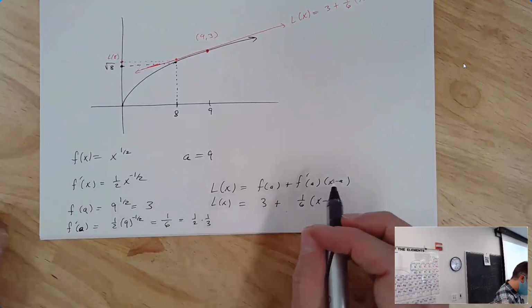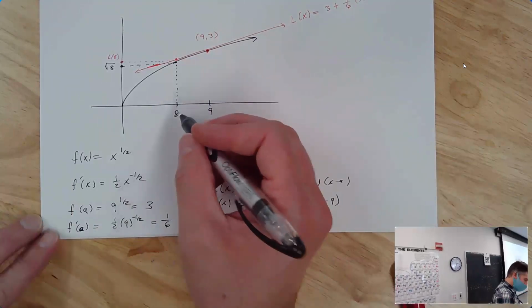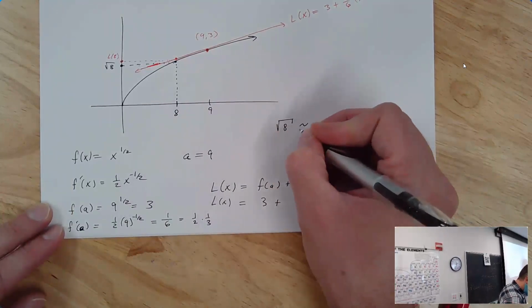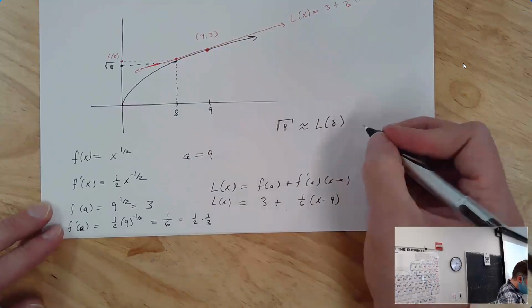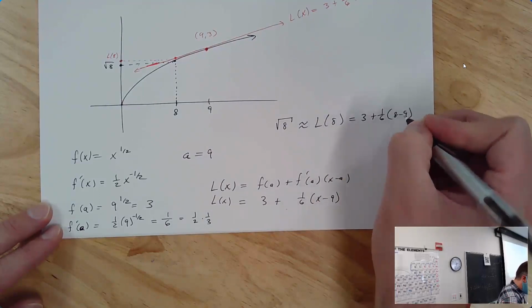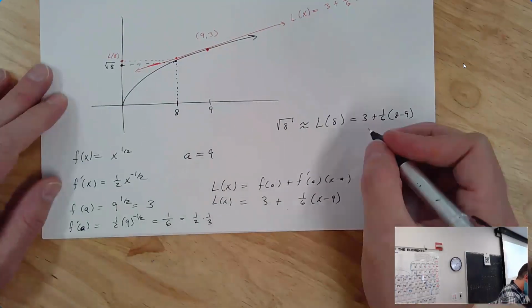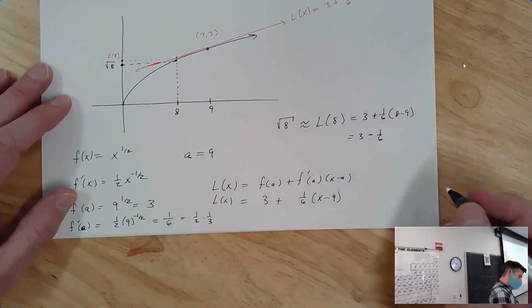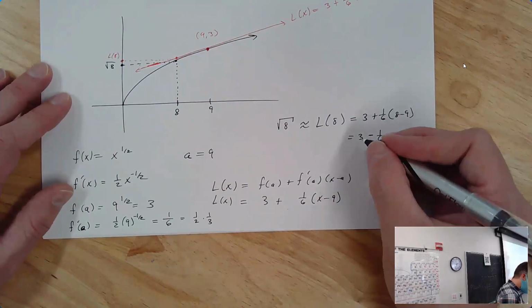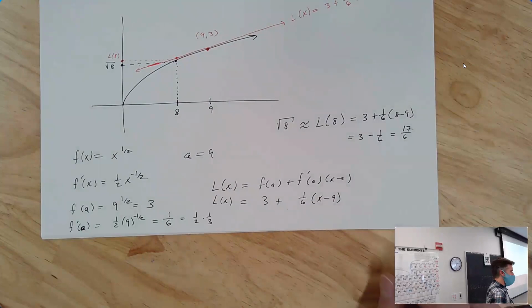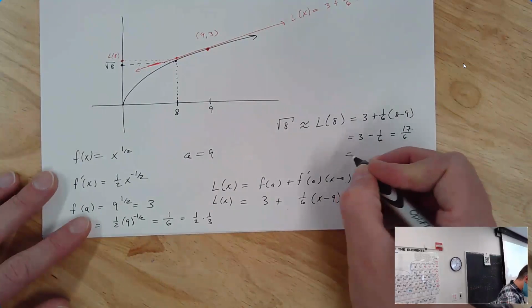Thank you. You're welcome. So plugging in 8 here, I can say that the square root of 8 is approximately the linearization evaluated at 8, which is going to be 3 plus 1/6 times 8 minus 9. Simplifying that, we get 3 minus 1/6, which you could write as a fraction. That'd be 18/6 minus 1/6, which is 17/6. Although I feel like that doesn't really show us everything. If I actually write it as a decimal, 1/6 is